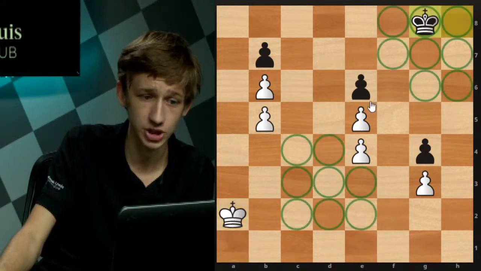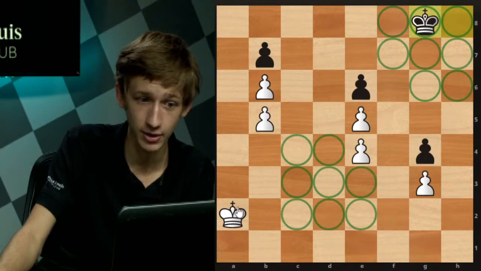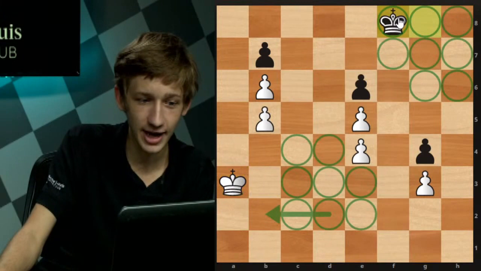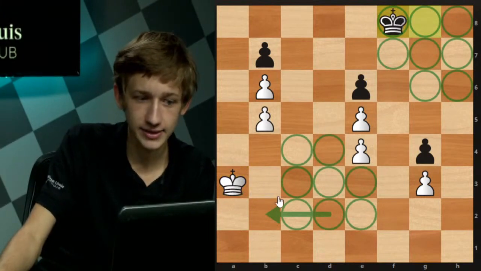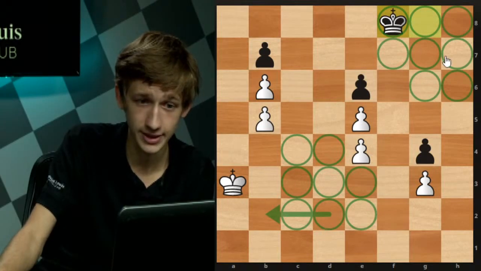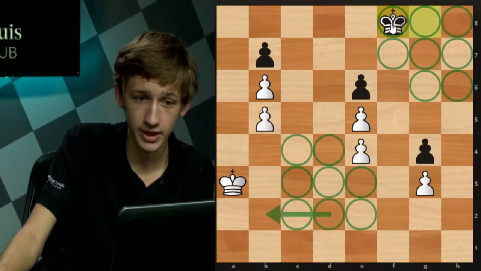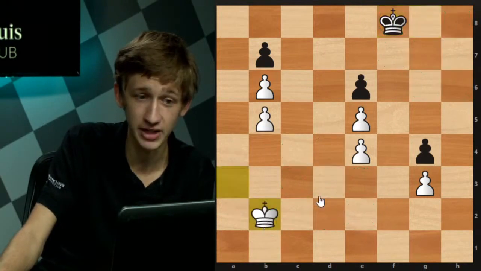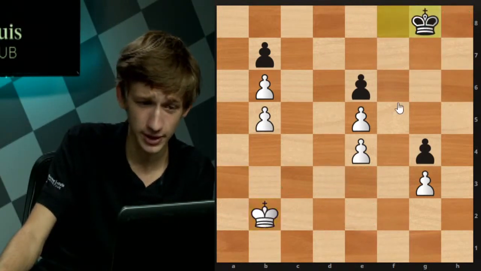After something like King G8, he is on the square that corresponds with C3 now, so we go to A3. King F8 now, and black is losing control over the corresponding square with D2. D2 corresponds with H7. Black cannot make it that far, so white is happy to go to B2 now. Then, for example, king back to G8